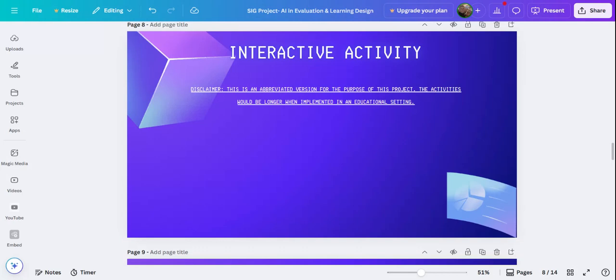The activities that you're going to see within this video will be longer if these activities are implemented in an educational setting. The ideal length of this process being implemented would be about a year. This is based on the Kirkpatrick model that we all learned about throughout this semester. So it's going to go through the 4 levels, first being reaction, second being learning, third being behavior, and fourth